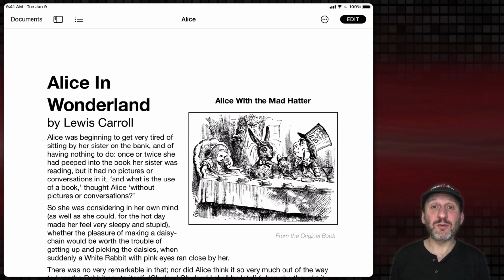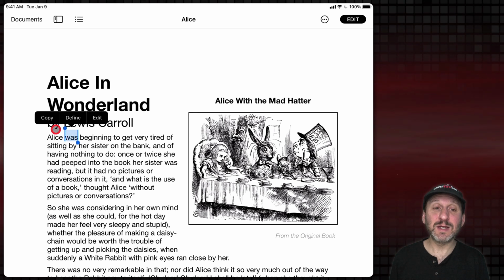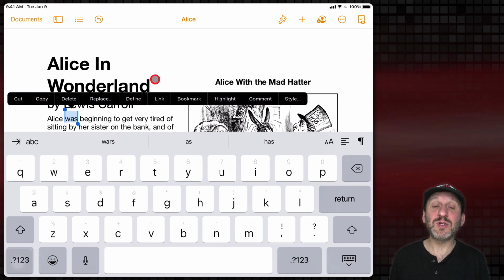You know you're in Reading View if you see the Edit button here at the top right. The Edit button is what allows you to get out of Reading View. While you see that Edit button, anything you do in here, like for instance, you can select text and copy it, define it, but you can't change it. There is an Edit button here as well, which allows you to exit the Reading View mode and go into Edit View. So whether you use this button here after selecting something or this button, it changes to the normal view that you see when using Pages.